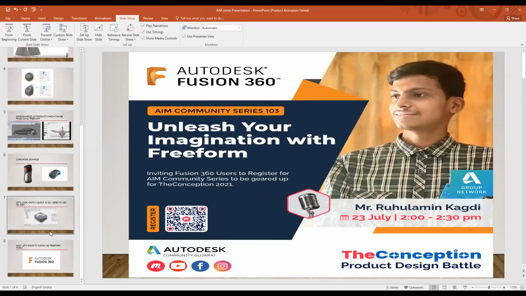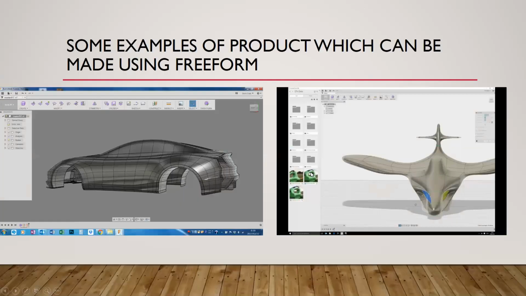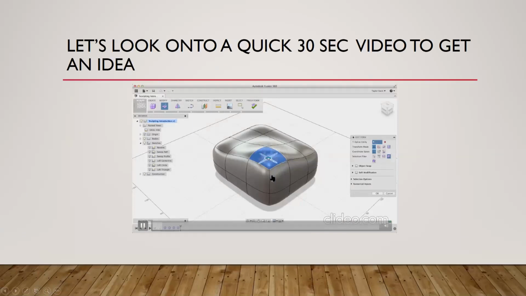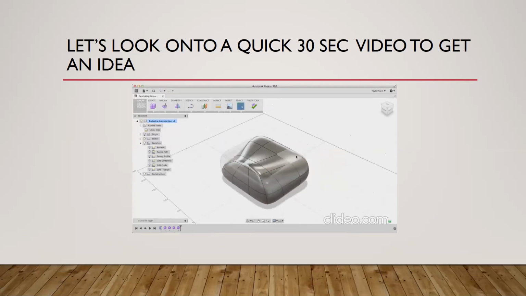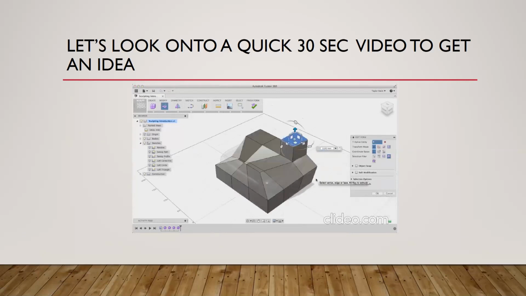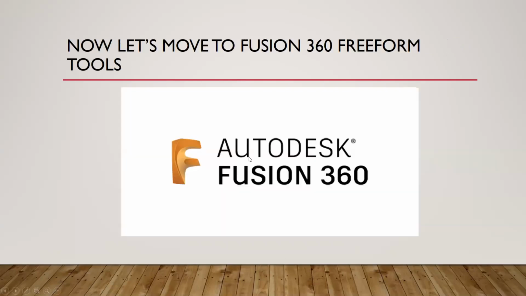Just a second. So yeah, it's done. So now let's move on to Fusion 360.